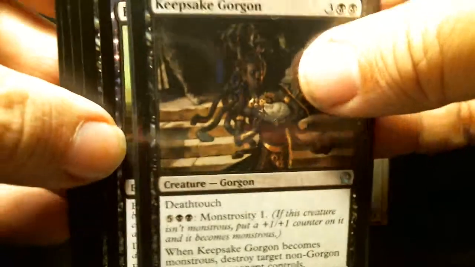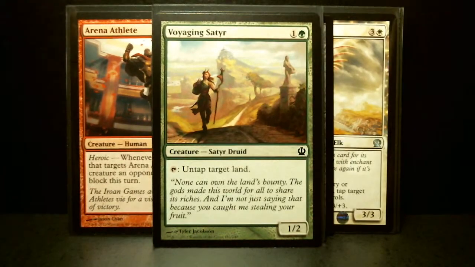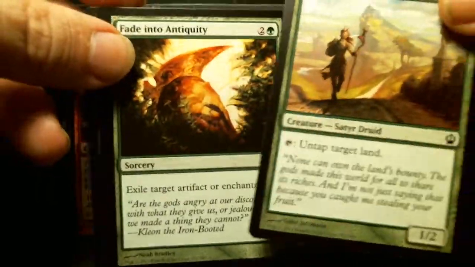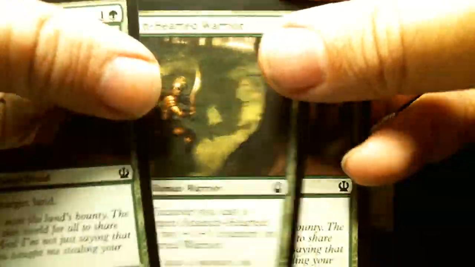I don't really have any bombs. I don't have any removal. Yes, of course, I've got the Ashiok, but what if I don't pull it? I'm basically dead with this deck. Then the green cards are okay, but not that great. Got the Fat Naturalize, a couple of creatures,